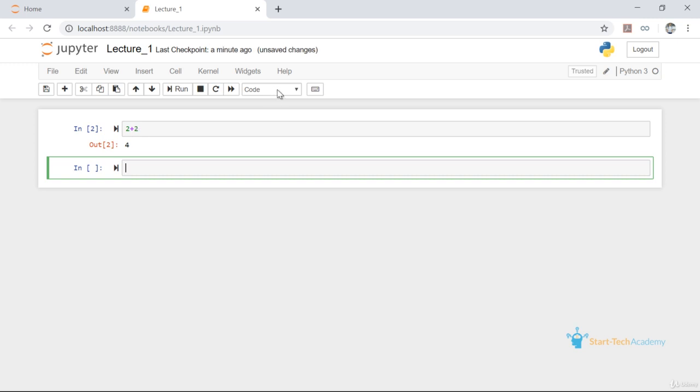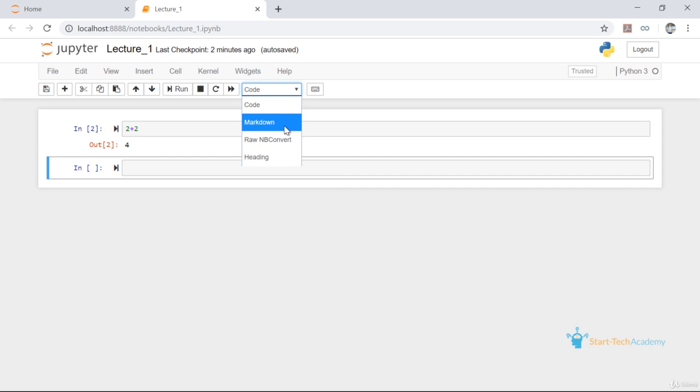Now you can see this drop down menu is saying Code. This means the cell we have selected contains code. If I want it to contain a comment, I can change it to either raw or markdown formatting. If I change it to markdown or raw, our Python kernel will know that the content of this particular cell is just for commenting and it will not execute it. The presence of this feature makes our code more readable and understandable.